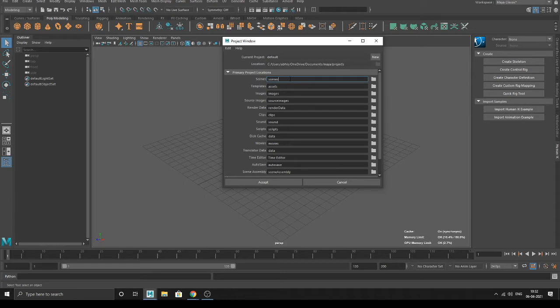The scene is saved in scenes. Whichever texture you take is saved in source images. And then sound, scripts, whatever it is.